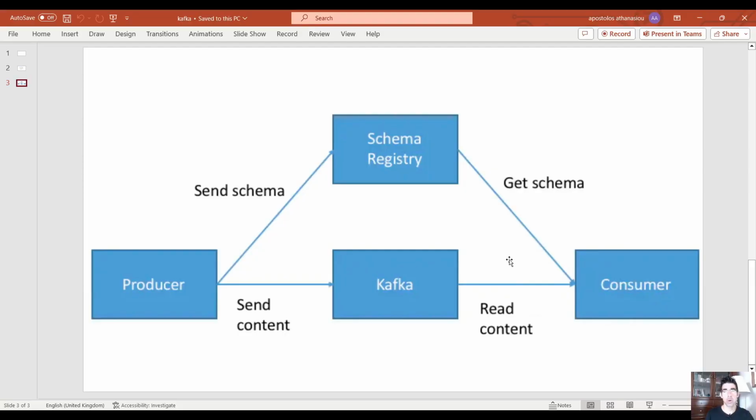Okay, so this is a typical Kafka architecture, right? We have the producer, we have the Kafka cluster, we have the schema registry repository, and we have the consumer. When we use the schema registry, the producer, before sending data to Kafka, talks to the schema registry and checks if there is a schema available there. If there isn't, it registers the schema. If there is, it gets the schema from the schema registry, and what it does is serialize the data with